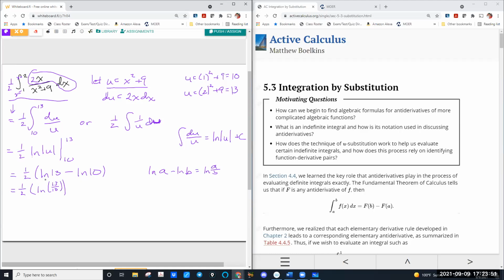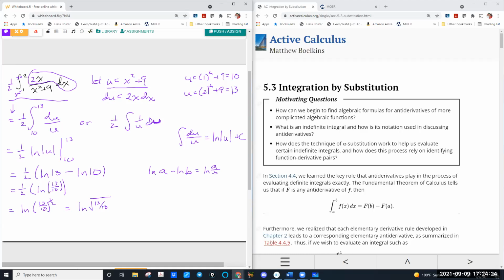These are the same answer, guys. Most would accept this answer or this answer. So I'm not telling you you have to do this, but for those of you who like playing around with properties of logs, or looking at answers that are equivalent, having the 1/2 out front, if you remember, can actually go up in the exponent of a log. So 13 over 10 raised to the 1/2 power,